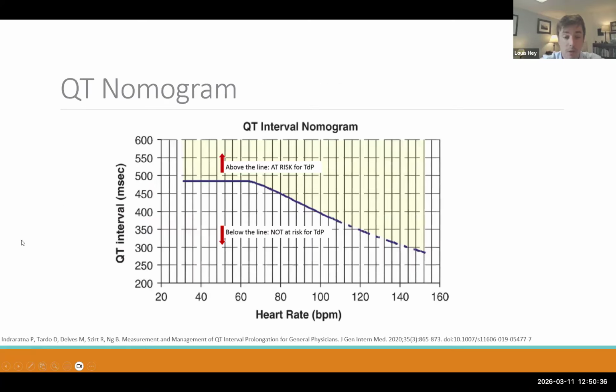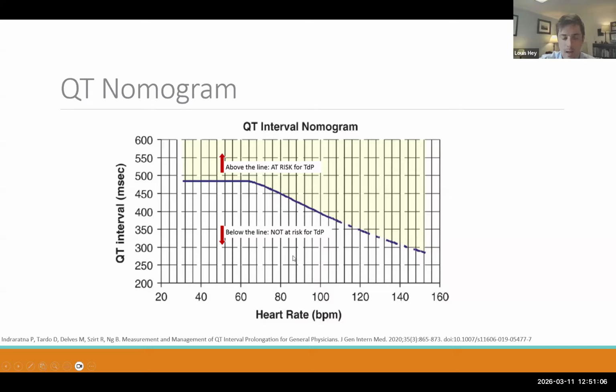There's a nomogram as well, which I thought was really cool. It's another one of those things that I think is useful to know it exists, and that you can look it up. The nice thing about the QT nomogram is that it is not QTC. This is the absolute QT that you can calculate on the EKG in front of you anywhere, and it should correspond to a QT anywhere else. The reason you need a nomogram is because something needs to correct for heart rate, and this nomogram does that for you.